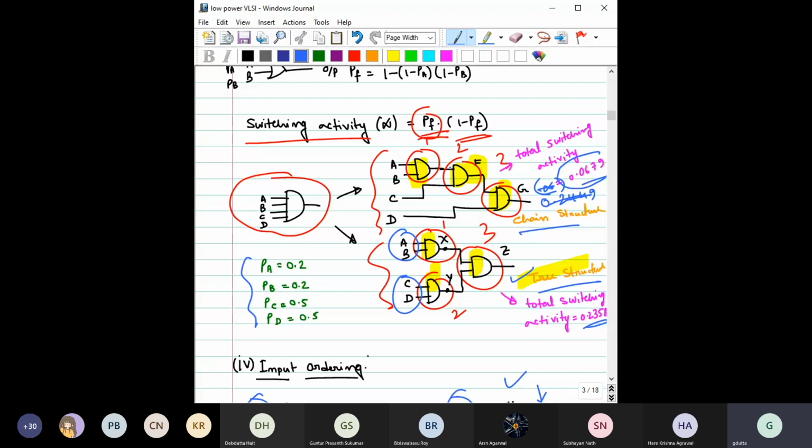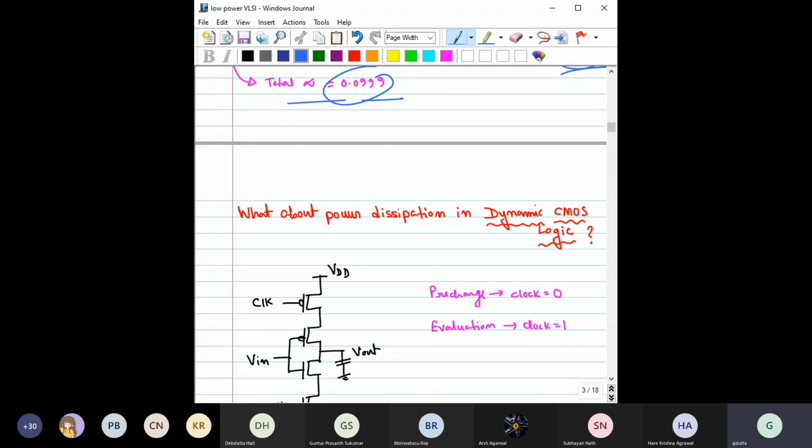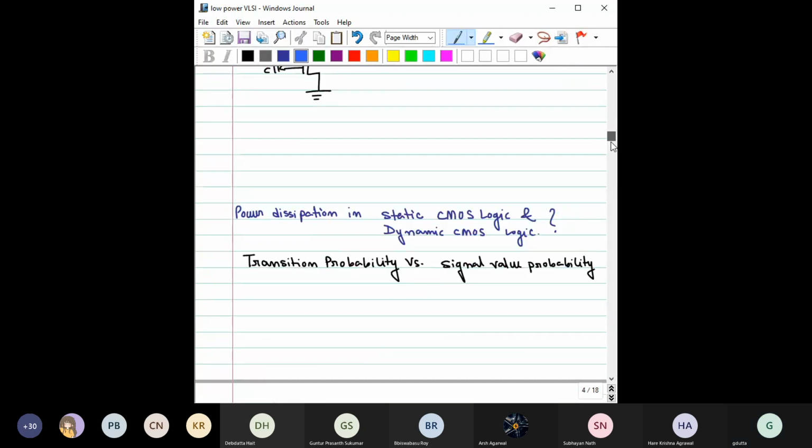So when you are considering low power design, it's not only the switching activity; you should consider if there is any possibility by which you can reduce VDD, if there is any possibility by which you reduce alpha, right? Almost all the things you should consider simultaneously, including the glitch,